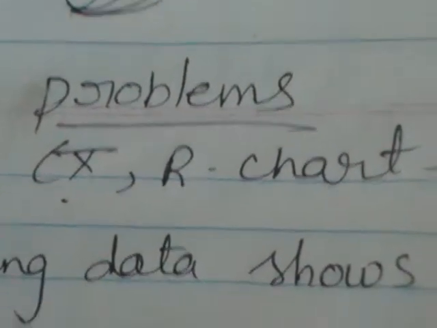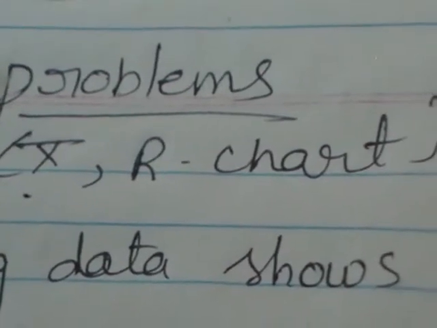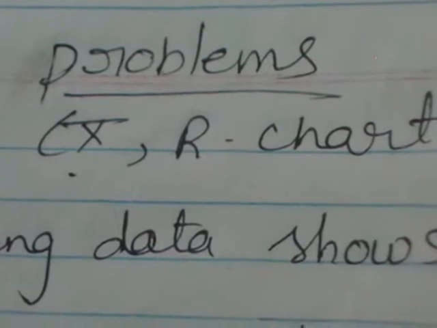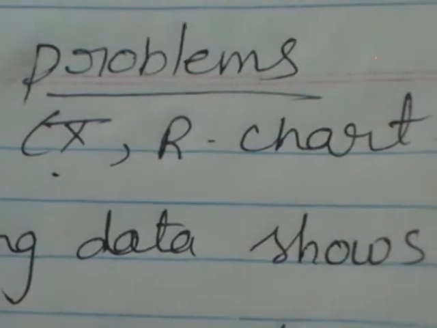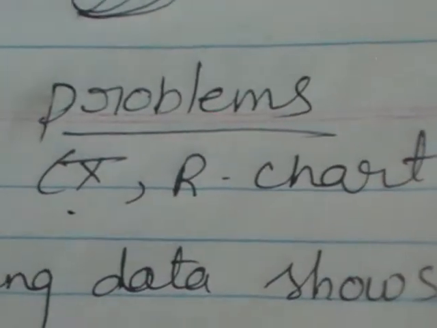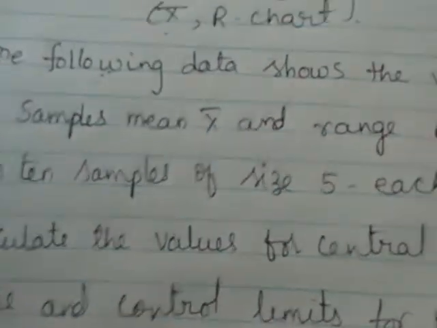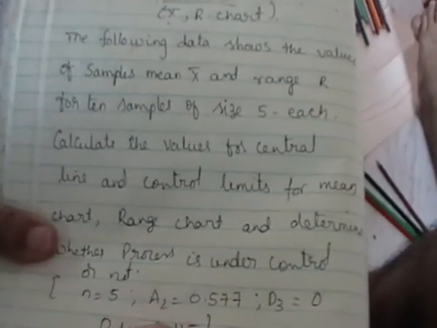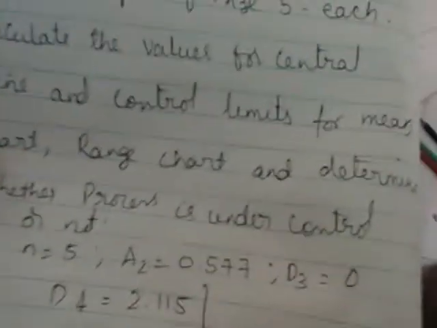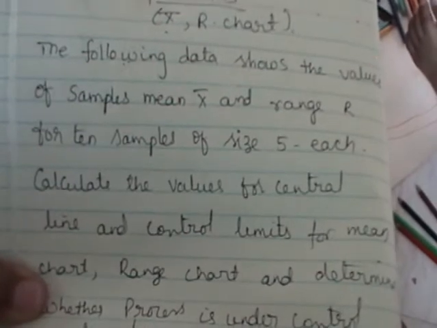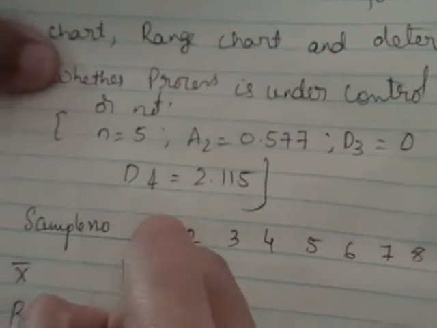So, as I said, a control chart consists of three lines. A control chart is a graphical representation on a bivariate axis, taking sample number on the x-axis and the statistic on the y-axis. It consists of three lines: two dotted lines and one solid line, where the solid line indicates the control line and the dotted lines indicate the upper control line and lower control line.